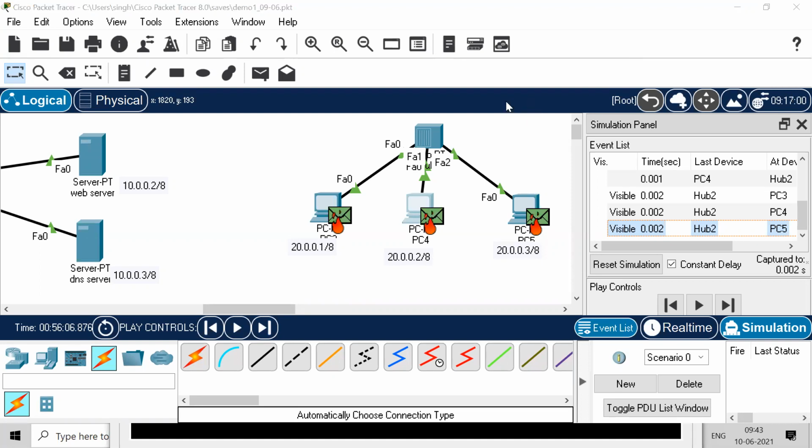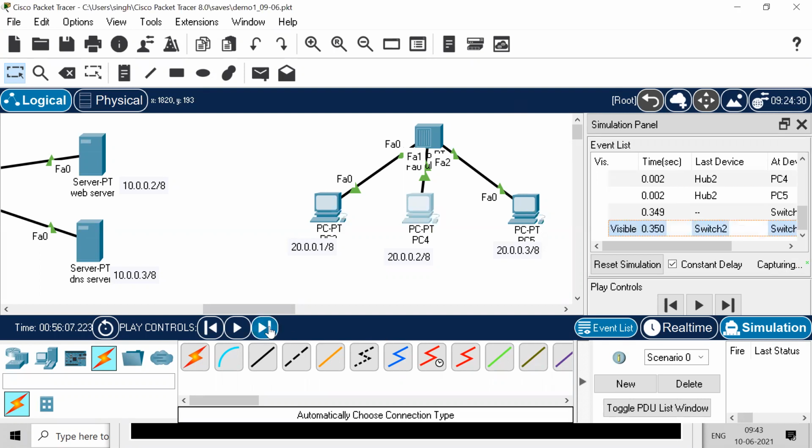Yes, PC3 and PC4, when they both collided, this information is now sent to everyone. So now both of them are going to pick a random back-off time. Okay, meaning PC3 and PC4 are going to pick some random time. If I play it forward, okay. At present, let it be like this. It's playing some other